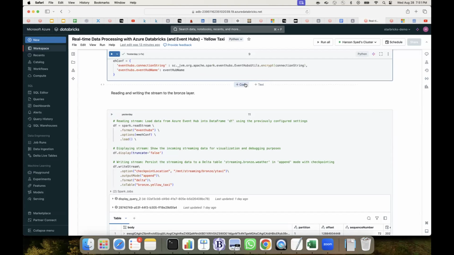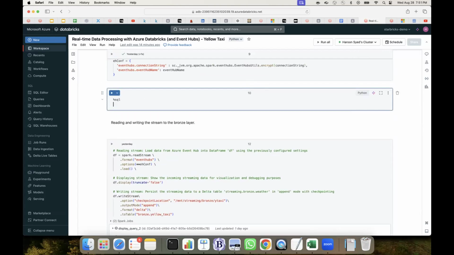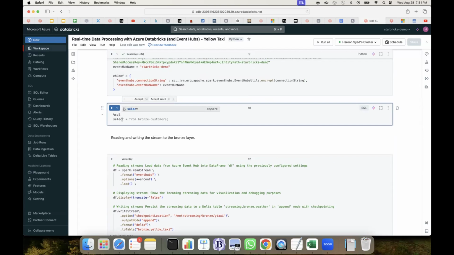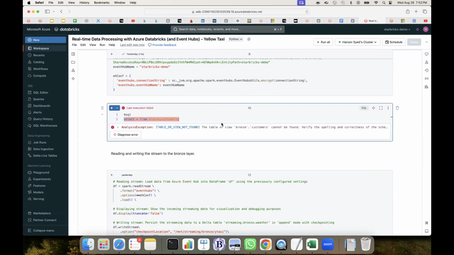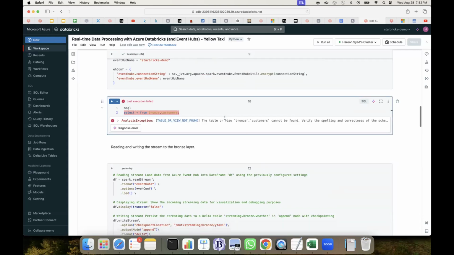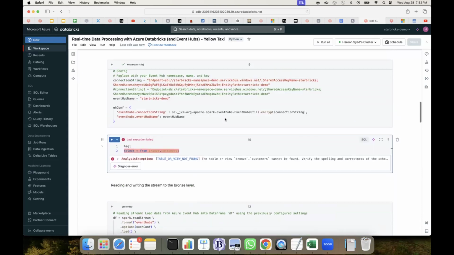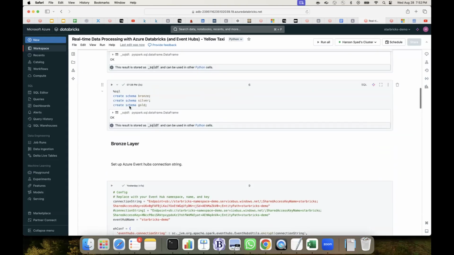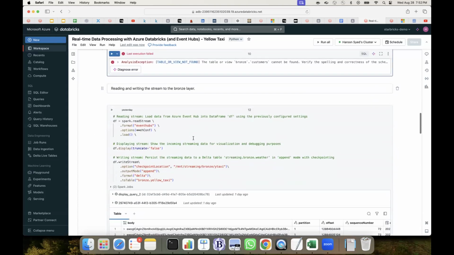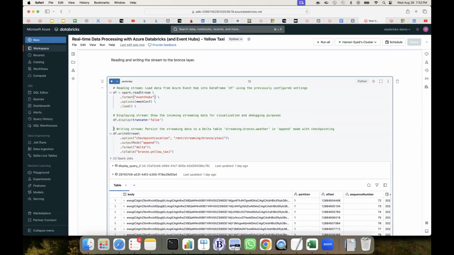Meanwhile, we can also do it from here, use this. Yeah, automatically it understands what we are trying to do. So powerful, the AI. Gone. So the customers table is still not there. Okay. Because we have dropped all the tables and schema, right? And then we have recreated the schema, but we don't have the tables yet. So what we will do here, first we want to run the